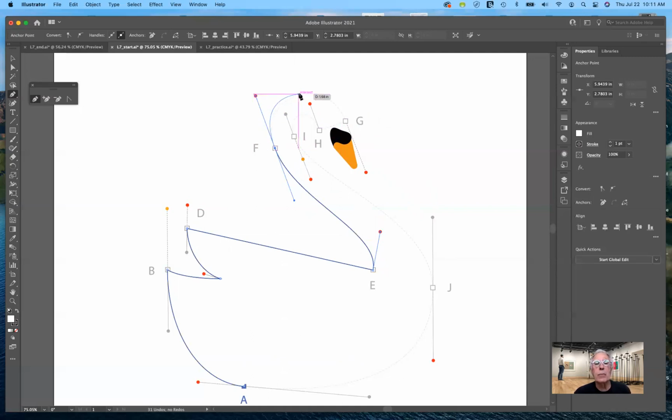Some of you may want to put an anchor point here and then continue, but it's really unnecessary. What I can do is click and drag on point G all the way to this little red dot, and it matches underneath perfectly. Now notice by doing that, I can't see the underlying path that they provided for us,